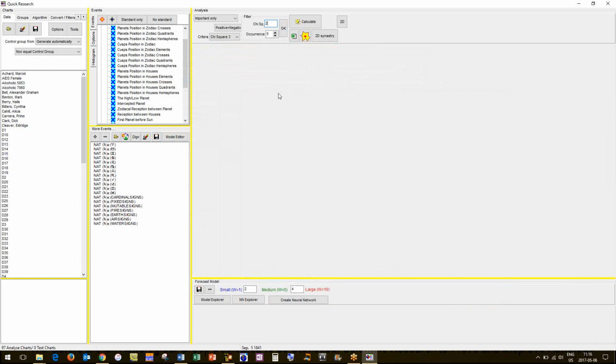Now, in the chi-square of 2, I just want to point out, a chi-square of 2 is greater than chance. Like if you're flipping a coin and you get a chi-square of 2, it's better than chance that the result's going to be positive. So that's why we set that to 2. Obviously, if you've got 600, like when we ran all of this, then you could set it at a higher one so you could filter out and eliminate some of the noise down below. But generally for these kind of models, we're going to run this. Chi-square 3, important. We hit calculate.